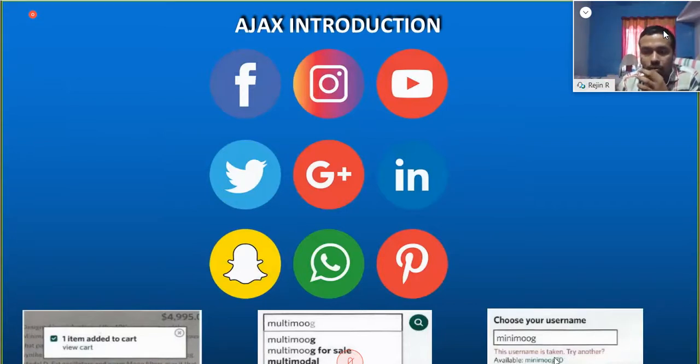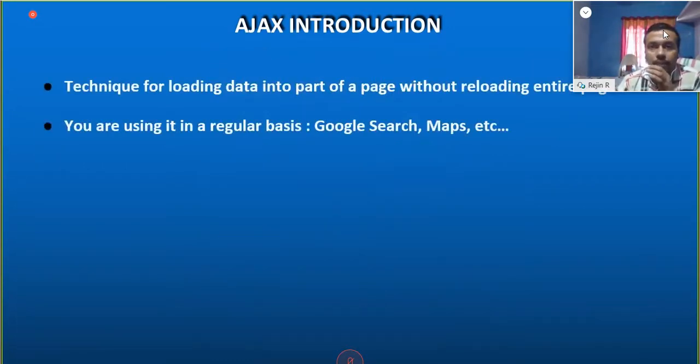Try another. That is what Ajax is doing behind the scenes. In all of these sites there is Ajax, and the base idea is loading data into part of the page without reloading the entire page.